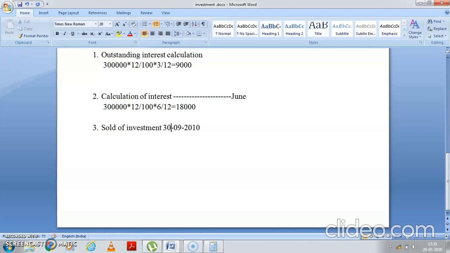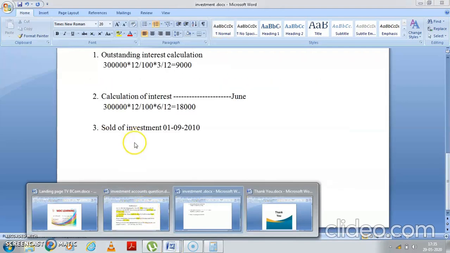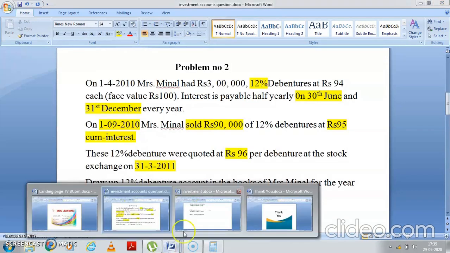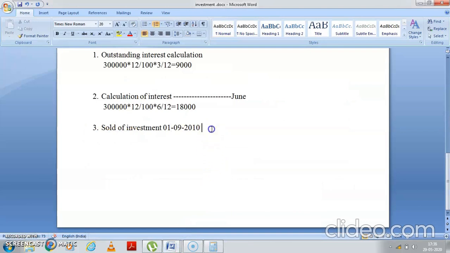सी 30th September लिखने से भी बहुत कैलकुलेशन में प्रॉब्लम आएगा, बिकॉज फिर हम इंटरेस्ट पूरा सितंबर महीने तक गिनेंगे. Yes, अगर मैं 30th September if I am writing, then I'll be calculating interest up till September. When I'm writing 1st September, that means I'll be calculating interest up to 31st August, because on the first day of the September you are selling the product. That is very, very important. Again, I'll check it out whether it is what date, 1st September. Okay, students. Now see, what is the thing? Yeah, tell me. What is the face value of the good which is sold? It is how much?